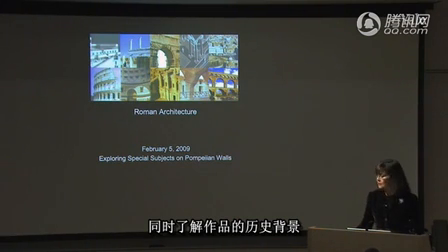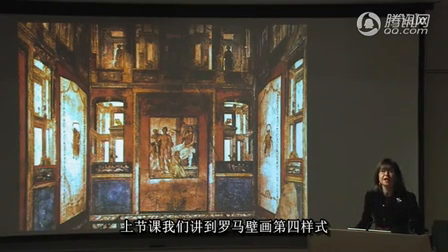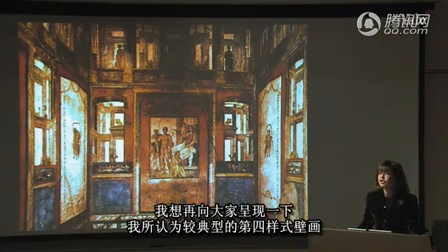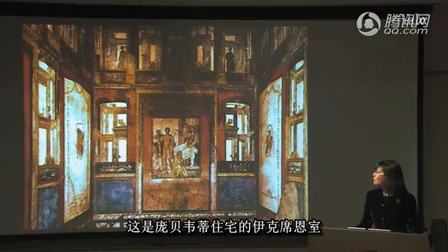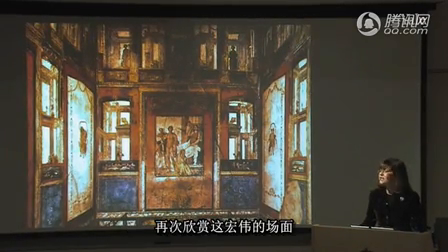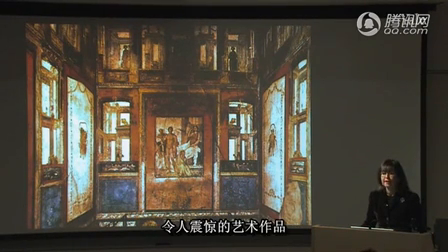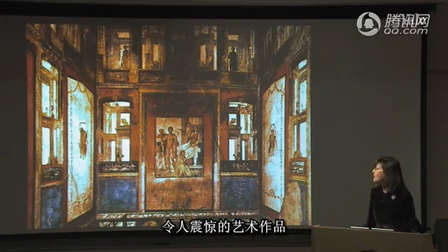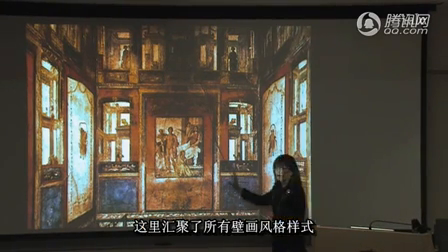their own right. We ended last time with a discussion of fourth style Roman wall painting, and I want to show you again what I consider the quintessential fourth style wall. It's the Ixion room in the house of the Vetii in Pompeii. And you see it here once again in all its garish glory. It's an amazing painting. We talked about the fact that it is a kind of compendium of all the styles